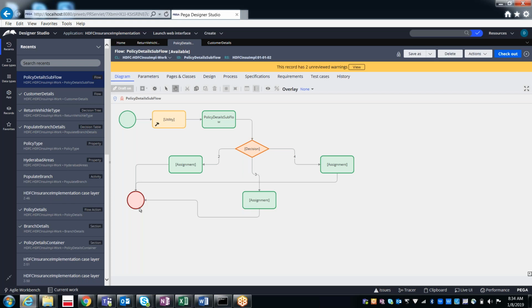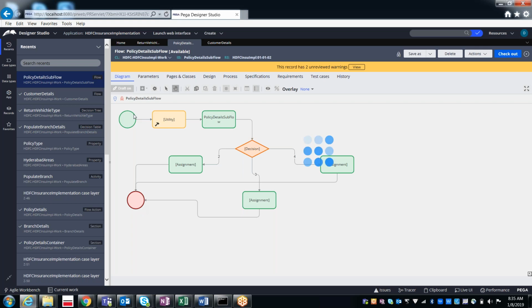Now, what is the purpose of these flow actions? The main purpose of the flow action is to finish the assignment and move to the next assignment, so the flow goes further, based on the flow action only.